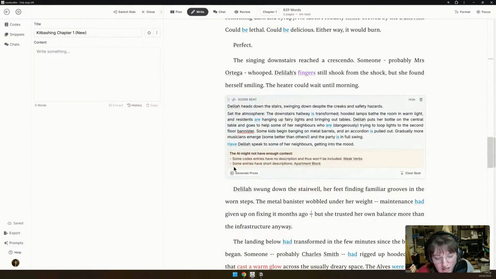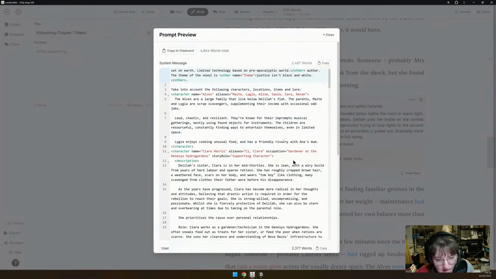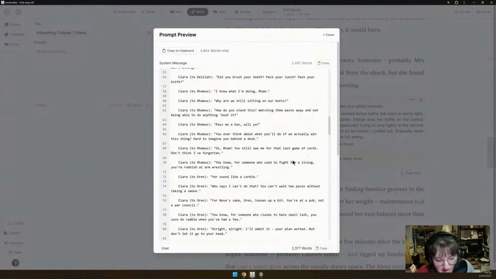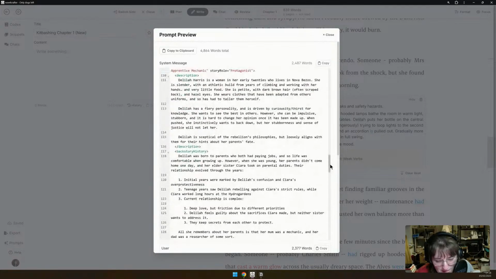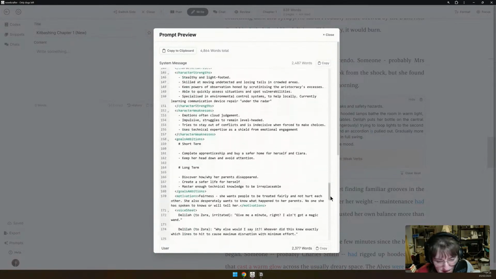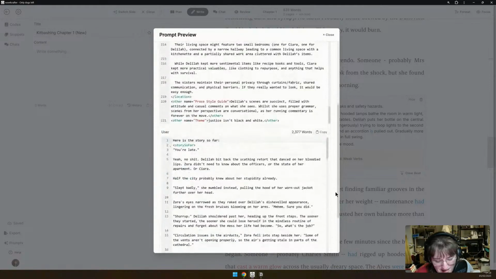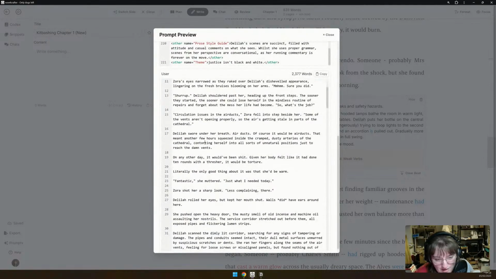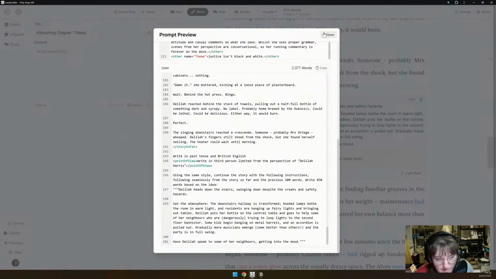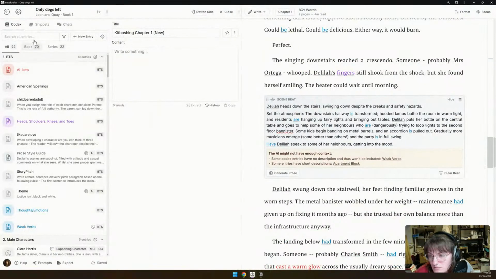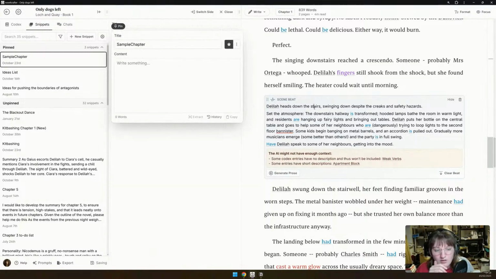If I go onto that prompt and preview final prompt, it has the codex entries. You see there's nothing up there. Just go down: codex entry, codex entry, codex entry, codex entry. And then there's this. Oh, I need to get rid of that sample chapter. It's an old sample chapter.